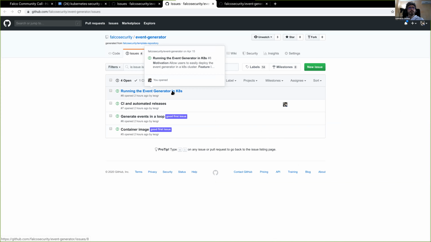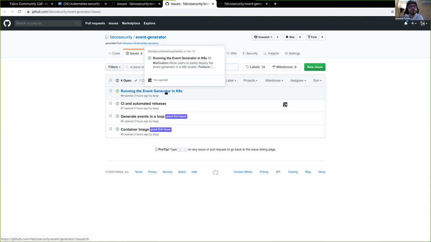Yeah. The point is this: you can run the event generator in several ways. At the moment, you can also run the event generator in Kubernetes, but you have to build your container and so on.